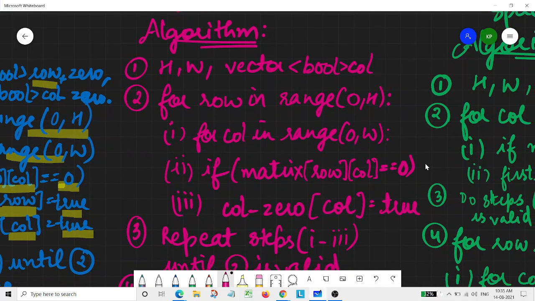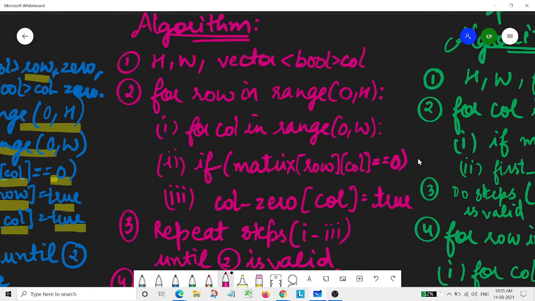So now here, again, I need the height and width of my matrix, and I'll be taking a vector of Boolean type where I'll store all the columns which are true, that is, which are having 0. So first, I'll simply traverse my matrix, which is the second point here.